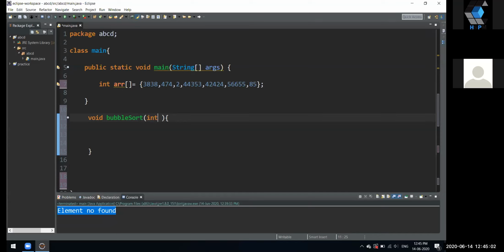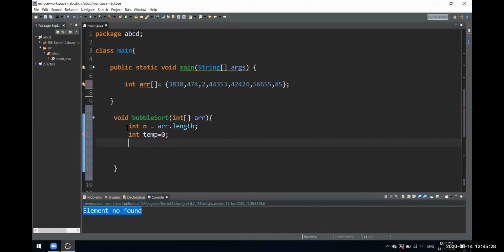We will have an array of integers, okay, which we pass as a parameter, and integer n, which will be equal to array dot length, okay. And one more basic thing we have to have is a temporary variable, okay. I'll tell you why we need this temporary variable. For loop, every time we need it. You can also use a while loop, do while loop, whatever you feel good, okay. So a for loop we'll use over here, a normal for loop which will start from 0.